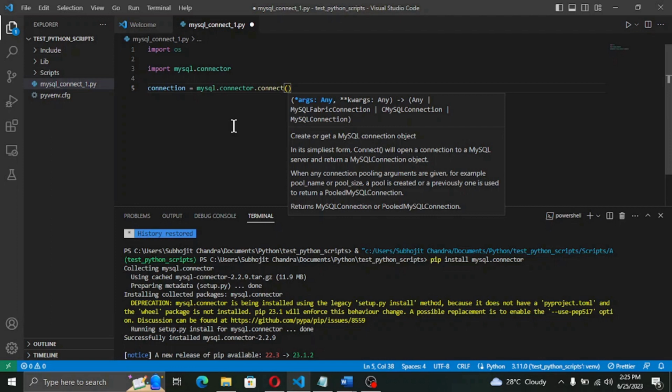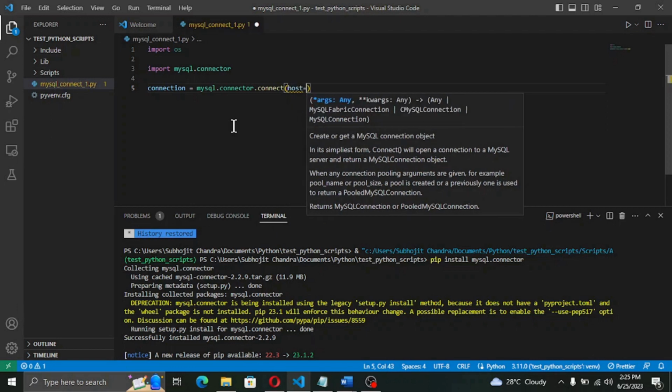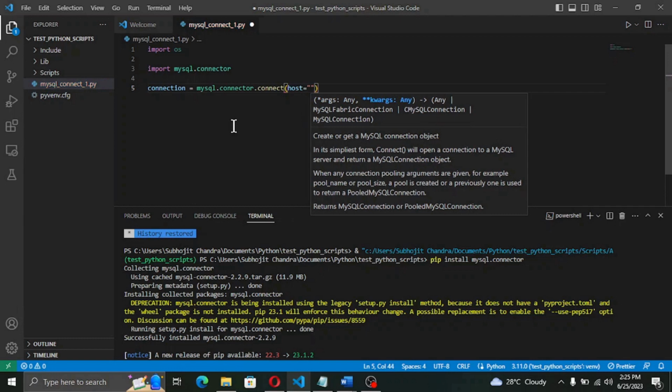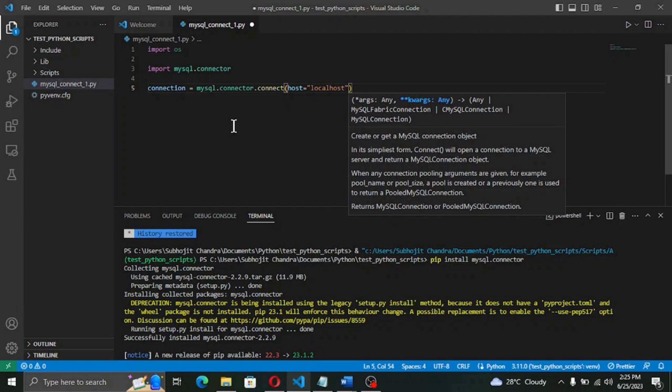VS Code editor will close the parenthesis automatically. Now we will type the parameters, host equal to localhost, comma,